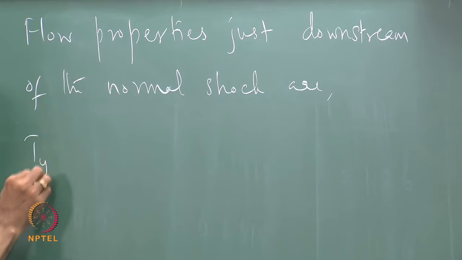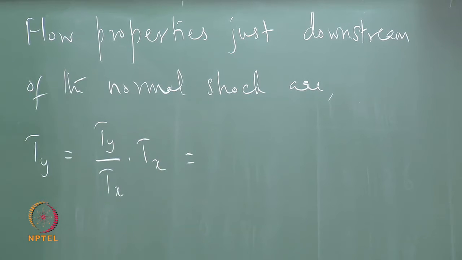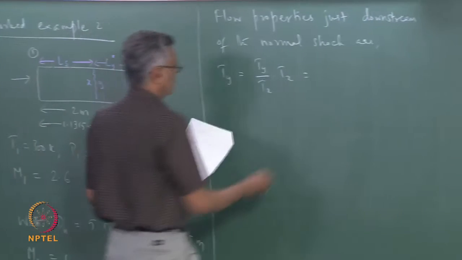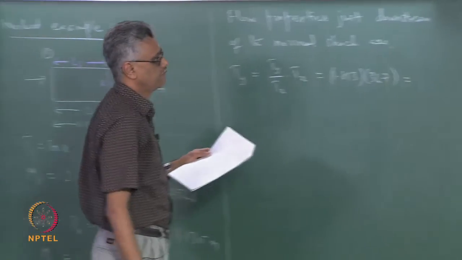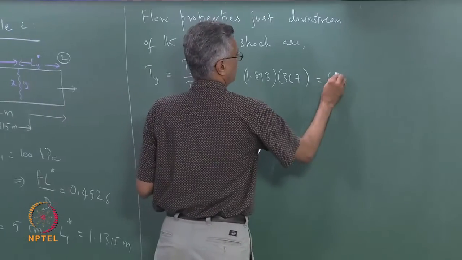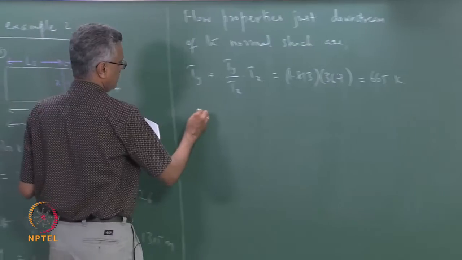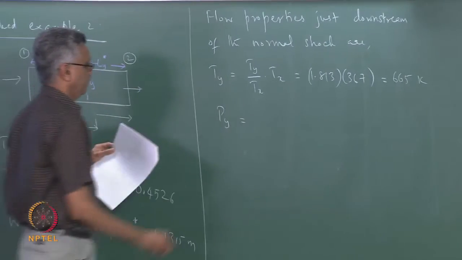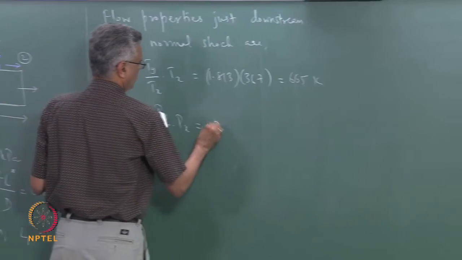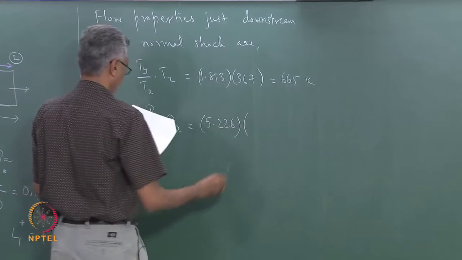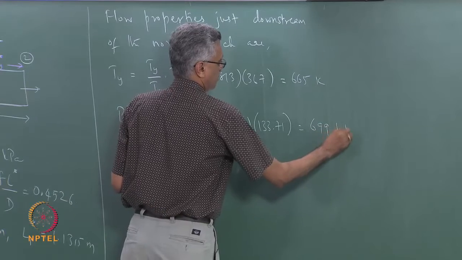Ty is equal to Ty over Tx times Tx, and from the normal shock table we get this to be 1.813 times 367, which is 665 Kelvin. Py can be written as Py over Px times Px, and from the normal shock table we get this to be 5.226 times 133.71, which gives me 699 kilopascal,